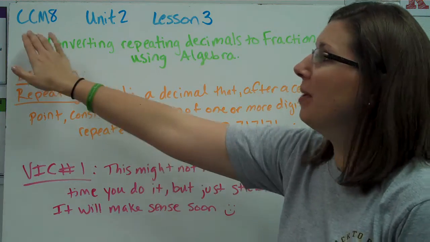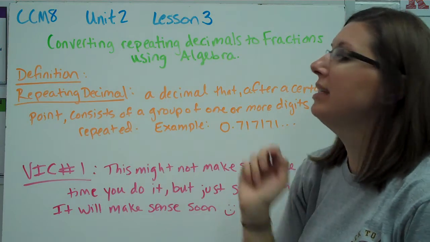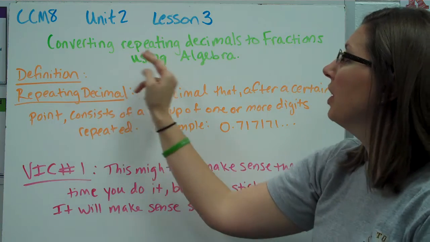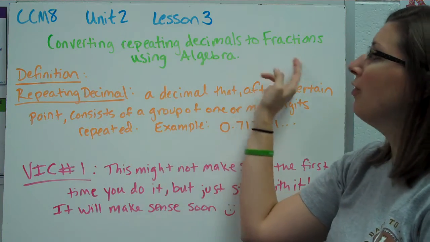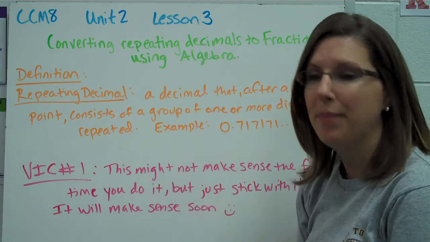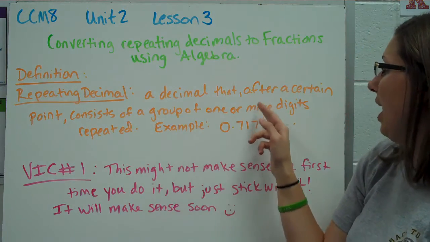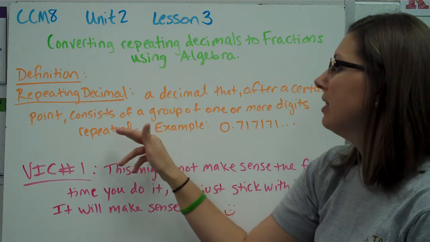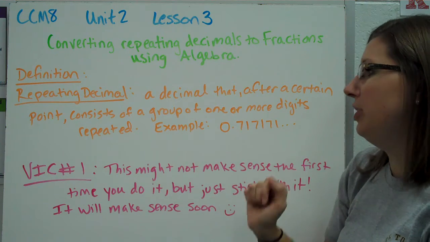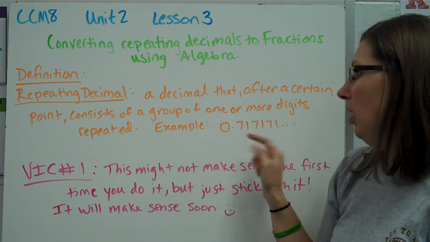Hi, today we're talking about CCM8, Unit 2, Lesson 3. This is about converting repeating decimals to fractions using algebra. So what is a repeating decimal? A repeating decimal is a decimal that, after a certain point, consists of a group of one or more digits repeated. For example,